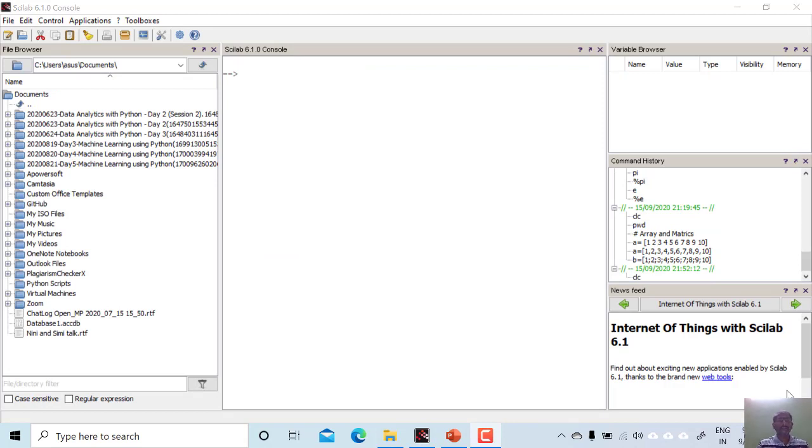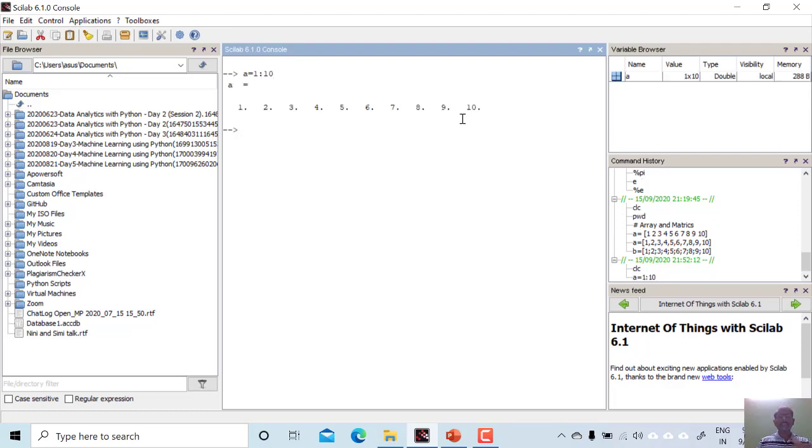The next thing is that suppose I am writing A equal to 1 to 10. In this way also we can create the array. We have given the range here, and we have created the row array.